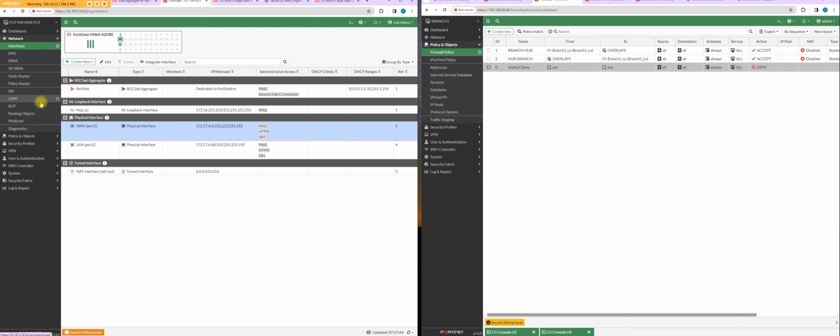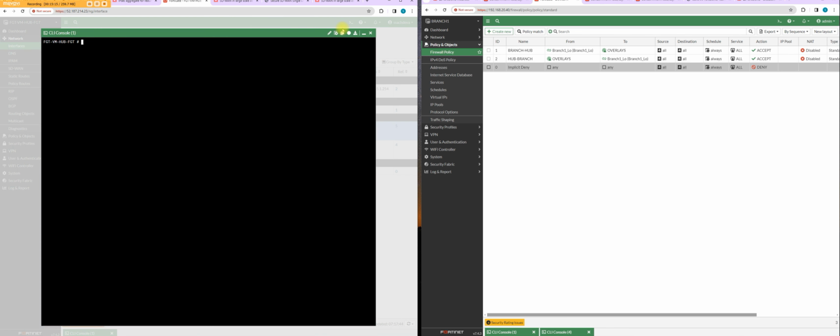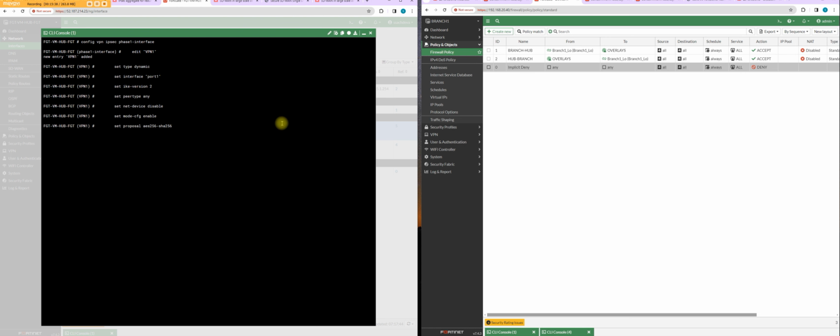Okay, let's quickly create IPSec tunnels here as well. Setting